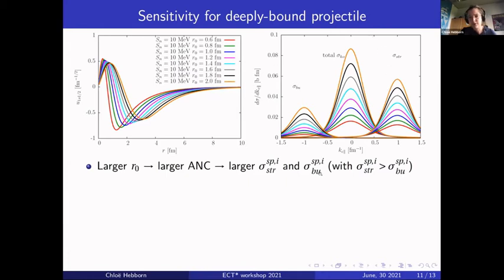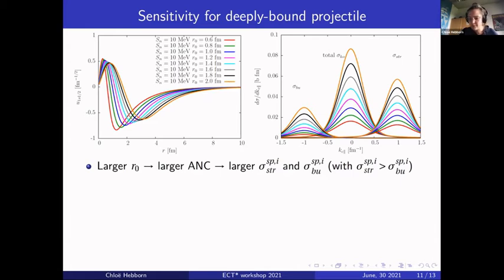Just to clarify, here the distributions have been shifted to -1 and +1 just for display purposes, to be able to plot all these contributions in the same plot, but they should all be centered at 0. So what you can see is that the wave function with the larger ANC will lead to the larger cross section. So this is similar to the previous halo nucleus case. But what is very different here is that the stripping contribution is larger than the diffractive breakup contribution.